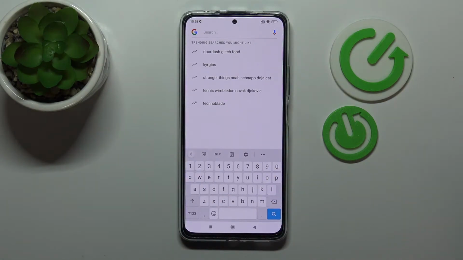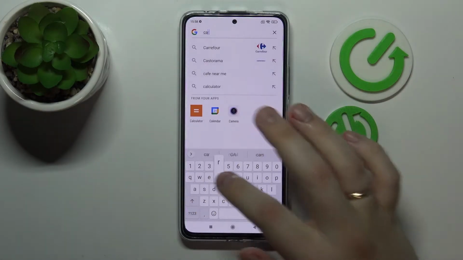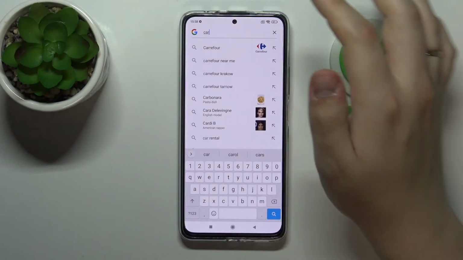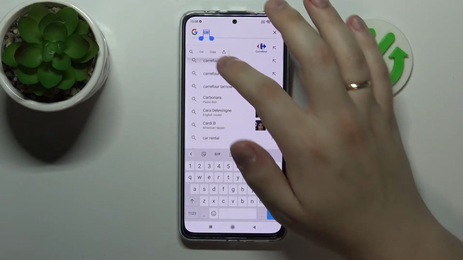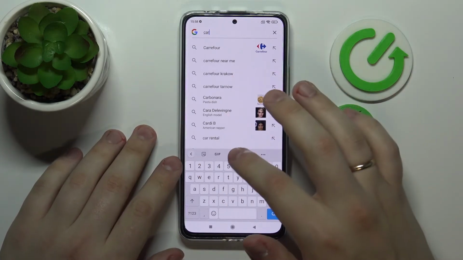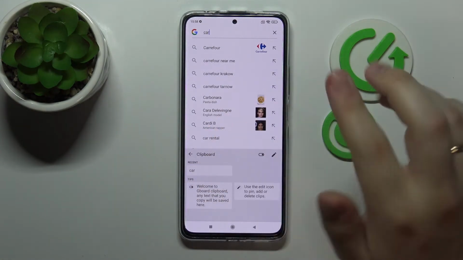Obviously, if you want for something to be added to the clipboard, you gotta simply copy it. So let's say I want to add the word car. All that I gotta do in order for it to be added to the clipboard is simply select it, copy, and once I open the clipboard again, I'll see that the car word has been successfully added as its most